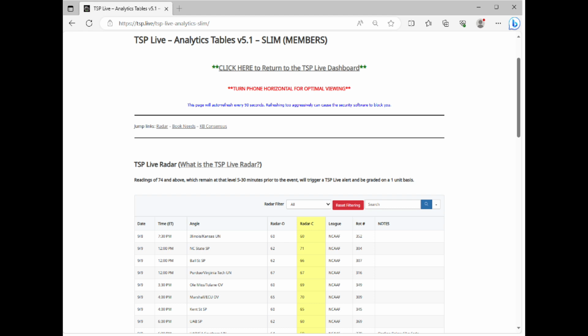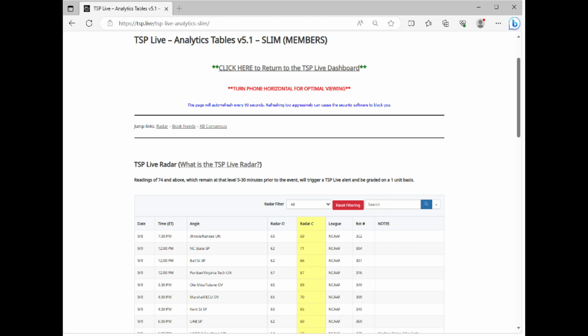The reason it doesn't go up earlier is because those readings can change, and it can dip below 74 and make it a low-level angle. But if an alert went out 5 hours ago, now we'd be requiring multiple alerts just to keep you posted. So alerts will go 5 to 30 minutes prior to the event when a change in that reading is unlikely,